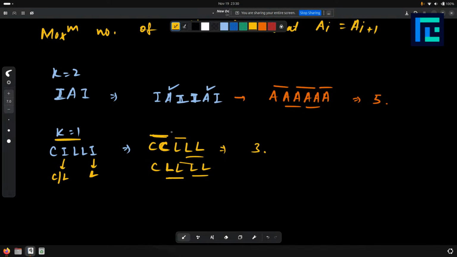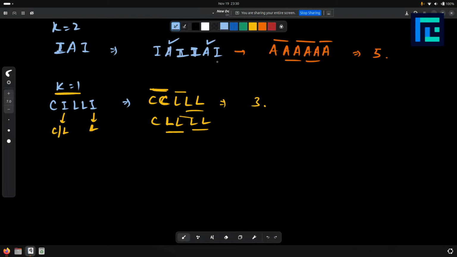literally if we place C, then the answer is nothing but 1 plus the answer of this string. And if we place L here, then again answer is nothing but 1 plus the answer of this string. So the answers of this string would be identical, so it does not really matter if we place C or we place L. So one observation we can make from this is,